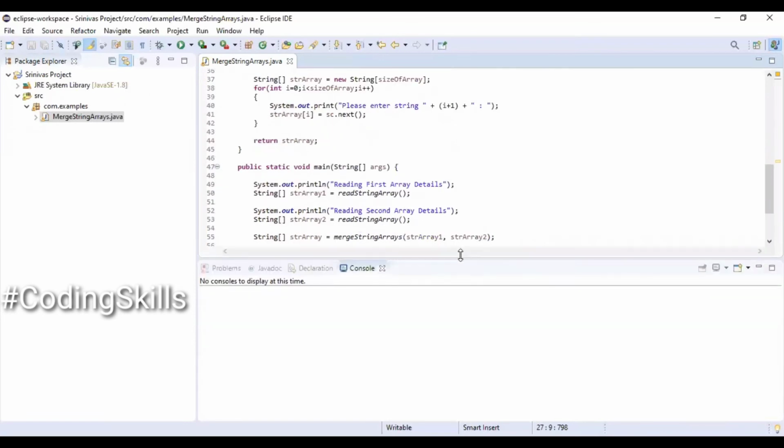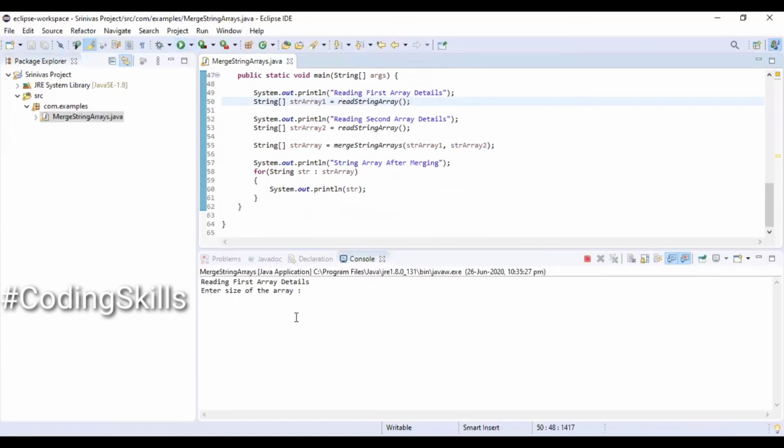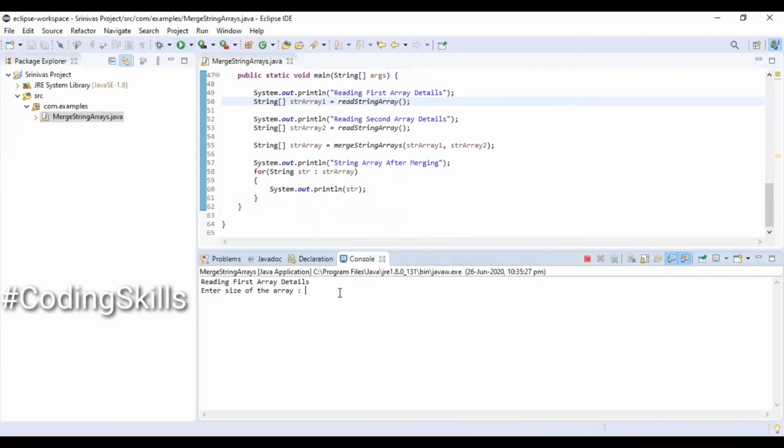We are almost done with it. Executing the program. Size of the array 3. Entering 3 string values, and size of the array again for the next array, 3.